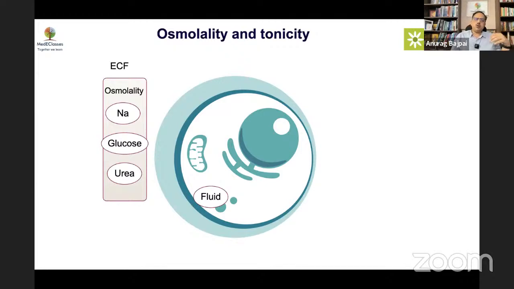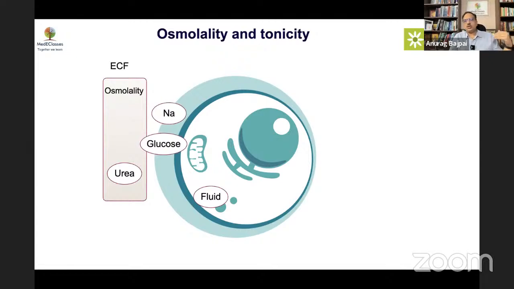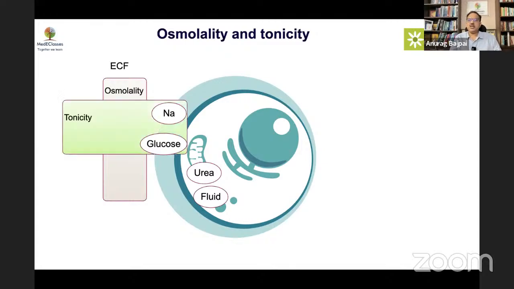Normally we talk about osmoles, and we talk about 3 major osmoles: sodium, glucose, and urea. What we need to understand is that out of these, sodium and glucose cannot cross the cell membrane. Urea can freely cross the cell membrane. So while from a primary biochemical perspective all 3 are osmoles, sodium and glucose are the ones which decide the tone of the blood. They are the major determinant of the tone of the plasma. Since glucose is normal unless somebody has hyperglycemia, sodium is the key determinant of the tone,